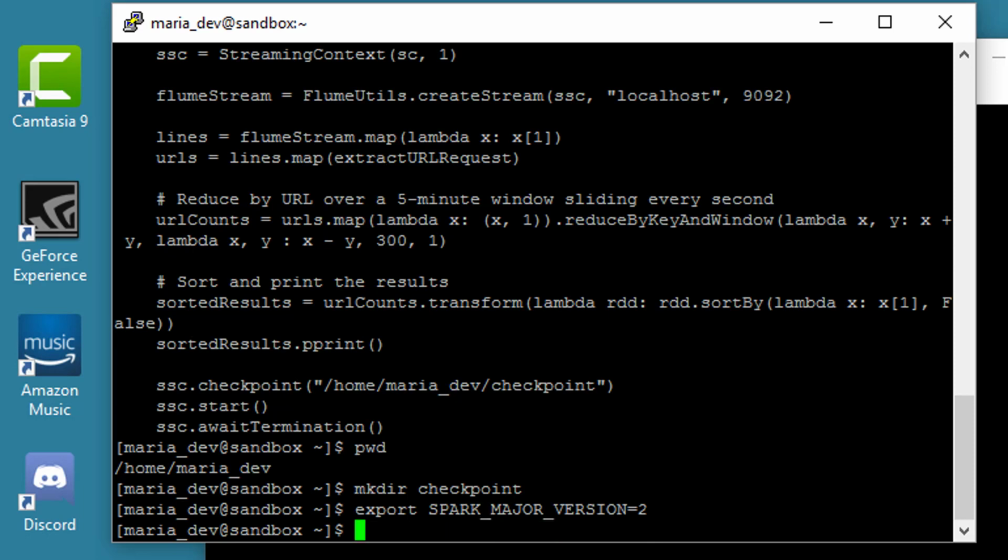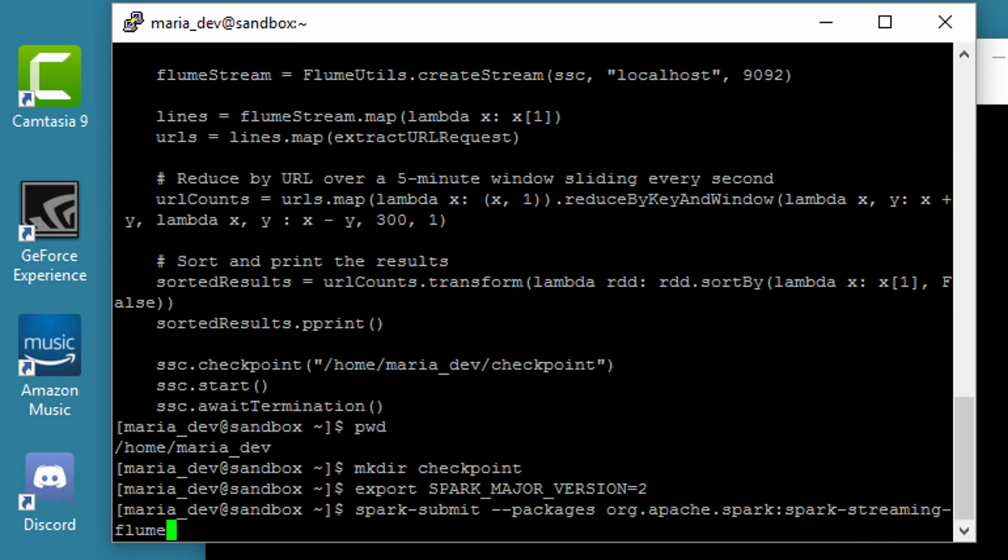All right. And then we can actually kick off our job. So why not? Let's actually start listening. So we can say spark-submit --packages. And this is where we're going to specify the Flume connector package for Spark Streaming, org.apache.spark:spark-streaming-flume_2.11:2.0.0. And this is saying I want the Spark Streaming Flume connector package for Scala 2.11